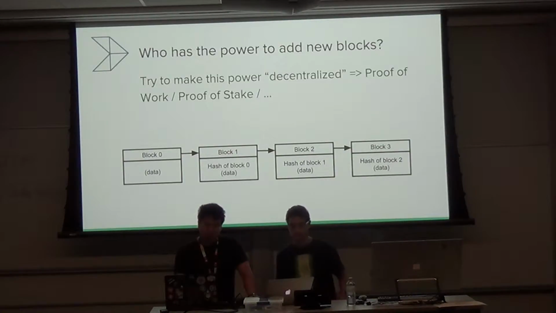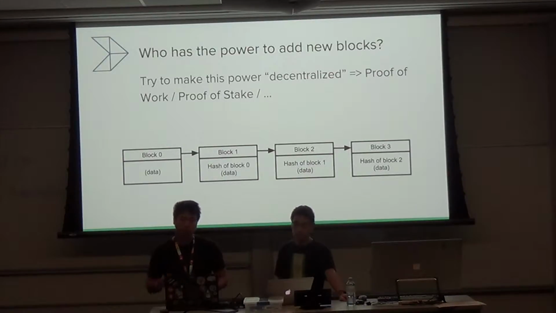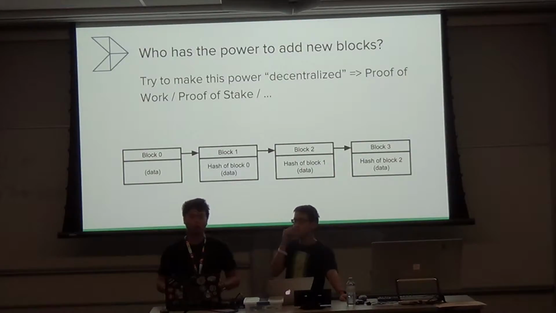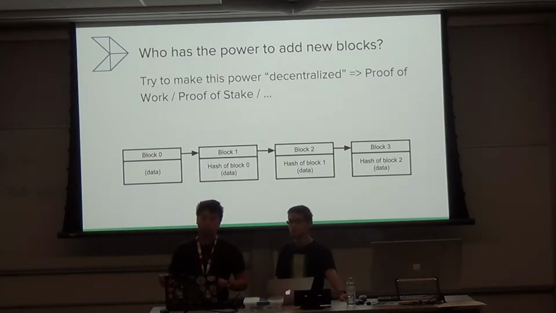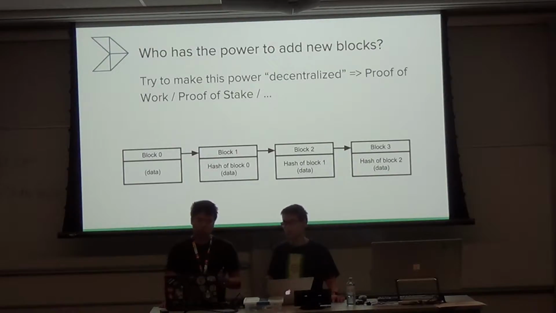For example, one particularly interesting application is to use schemes like proof of work or proof of stake to ensure that people can essentially vote on what blocks to have. And they vote using leverage such as their computing power or the number of tokens they hold to cast their vote. So once you have this voting system in place that allows you to choose democratically which blocks to add to the blockchain, you're allowed to build a system without a single point of failure or a single point of corruption. And this is especially useful in things like the cryptocurrency space.